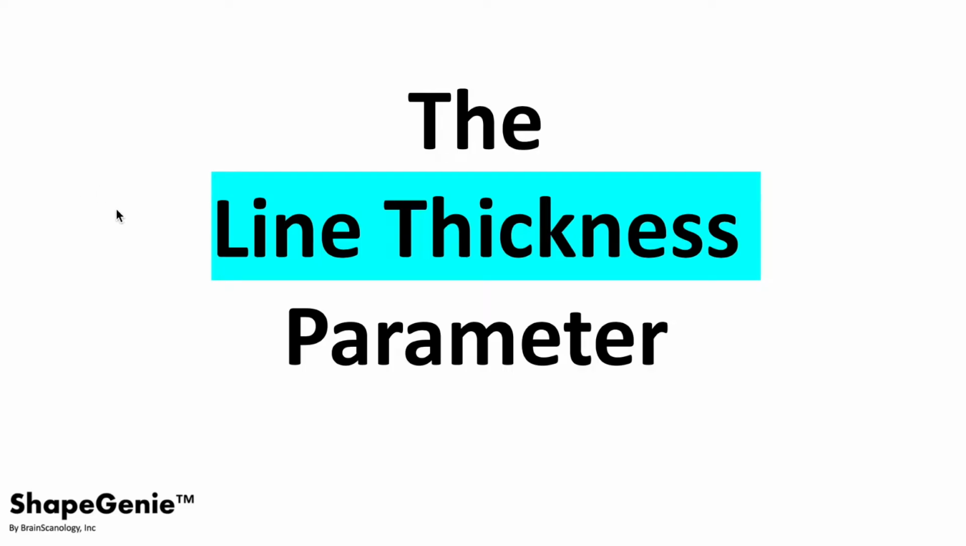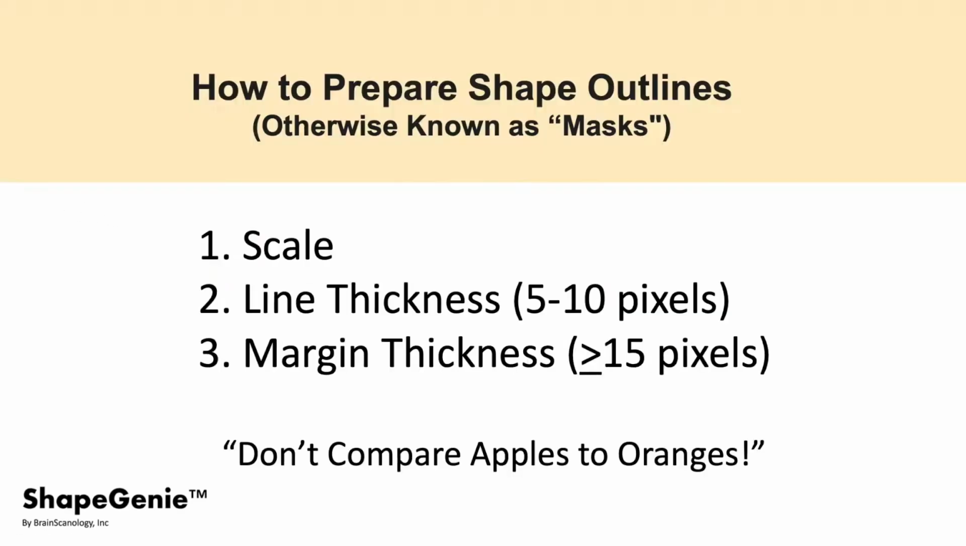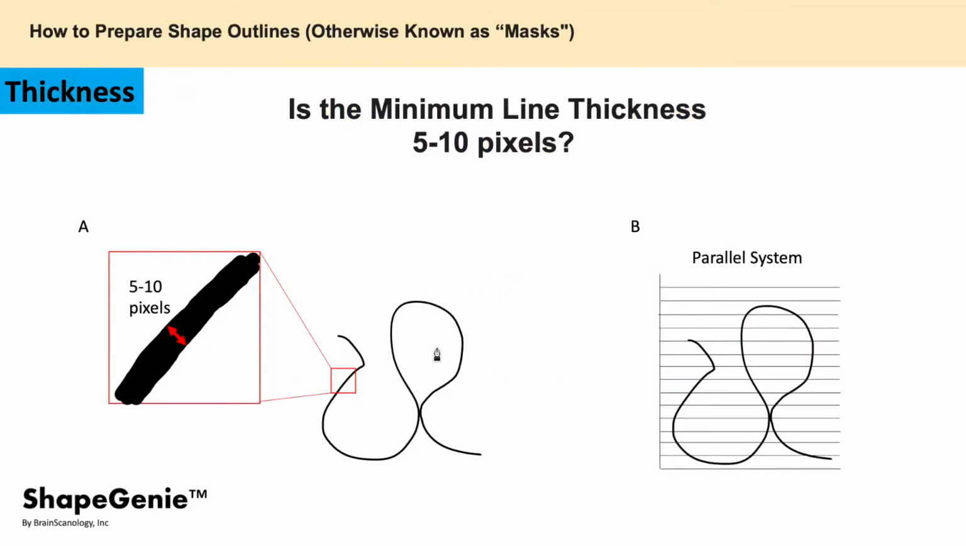This video is about the line thickness parameter, which is the second parameter to keep in mind when creating shape outlines for Shape Genie. Long story short, the thickness of your line should be 5 to 10 pixels thick. Let's explain why. So in panel A, here is a sample shape that you might want to measure. And if you zoom in here in this red window, the thickness of the line should be between 5 to